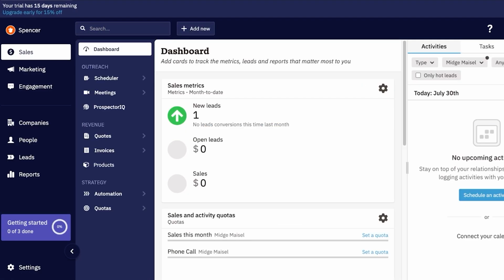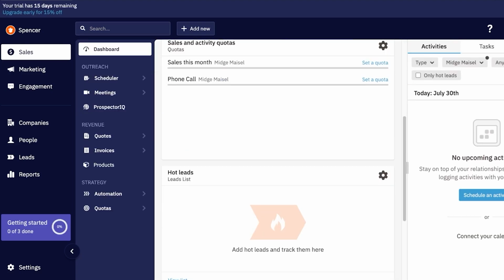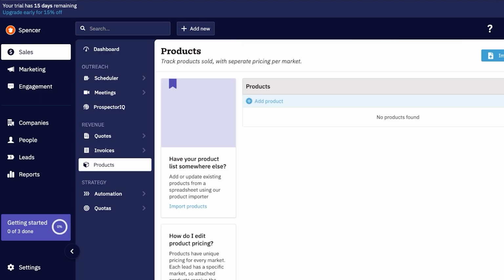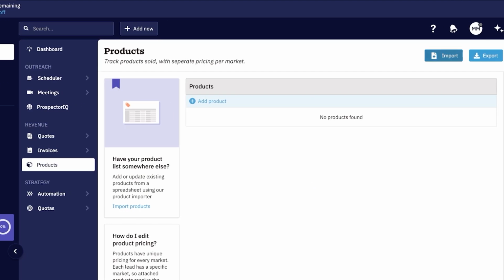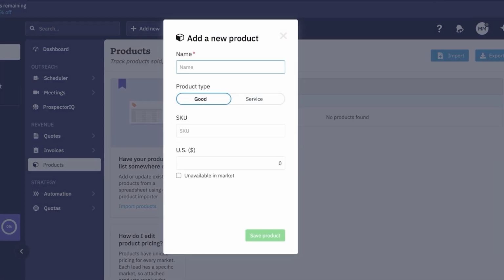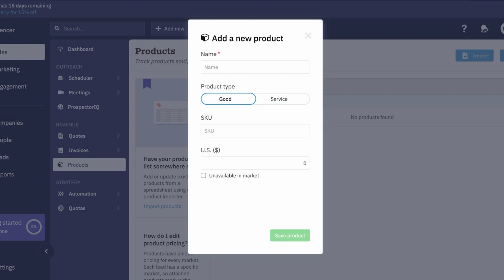Now, again, it's really important to add your product and your quotations and just your general pricing over here. So you can go into sales and then go into products over here to add your general product, whatever product you're selling or services you might have. You can go into products and then click on import if you want to import them from a pre-existing database. However, if you want to add them one by one, you can click on add product and you can select if it's a good or a service and then just specify it. Let's say it's going to be our lipstick and it costs $12,